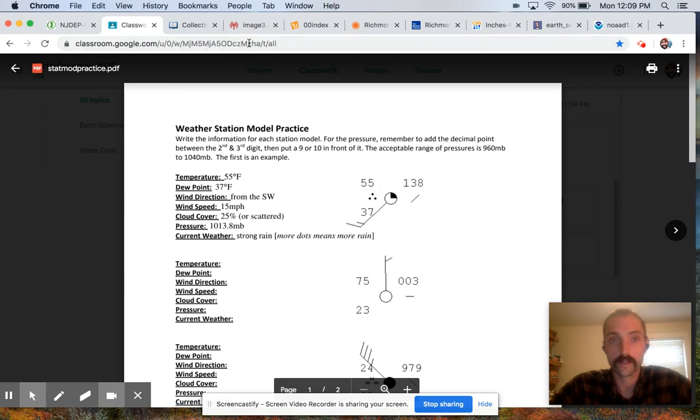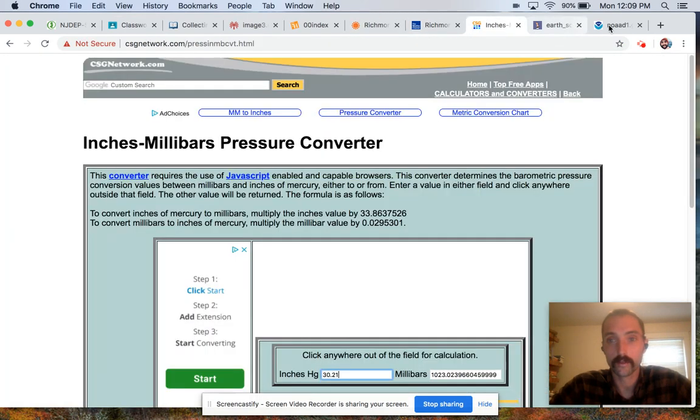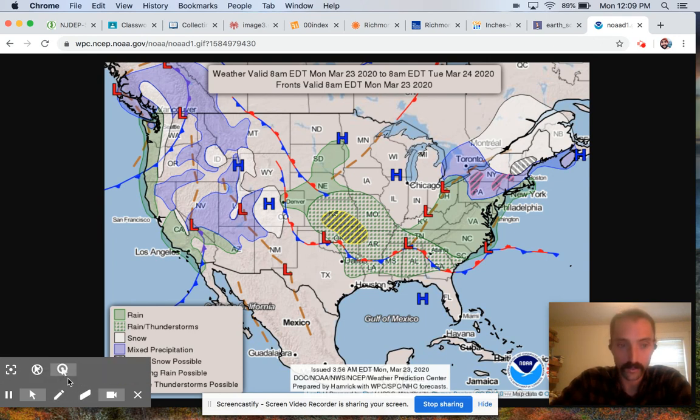So first off, let's go ahead and look at a current weather map of North America. Last week, you all learned about low pressure, high pressure, and weather fronts. Looking at this map, the blue H stands for high pressure. We know that high pressure would be a cold front because cold air is more dense than warm air. And these red L's would be low pressure systems where we have warmer air, which is less dense, causing it